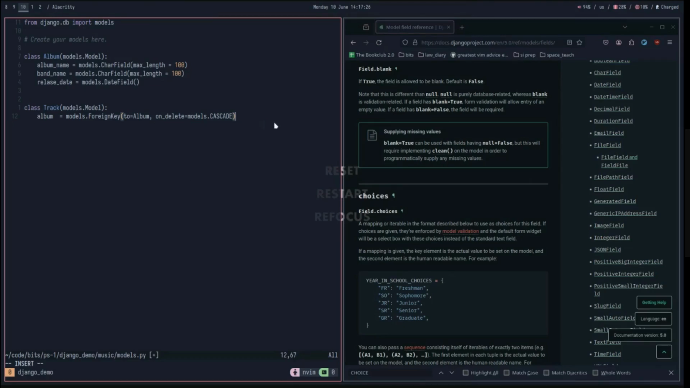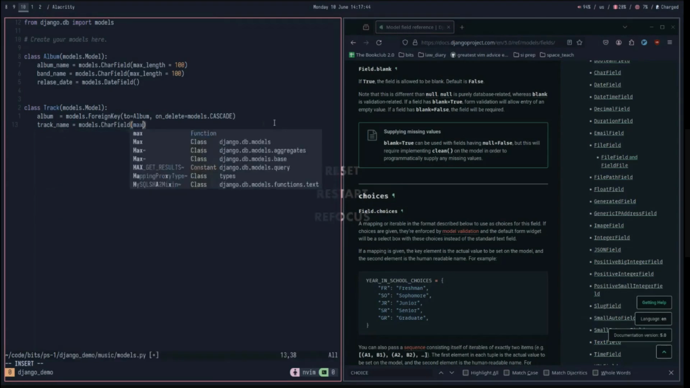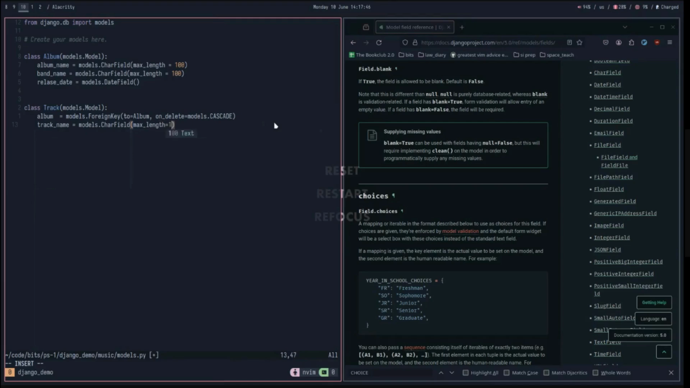So here we have defined a foreign key. A foreign key is how we name a one-to-many relationship in Django and in a lot of other database management systems. So we have album. Now we can also define the other required fields like song or track name. It will be a char field again because it is a small field. And here we can also